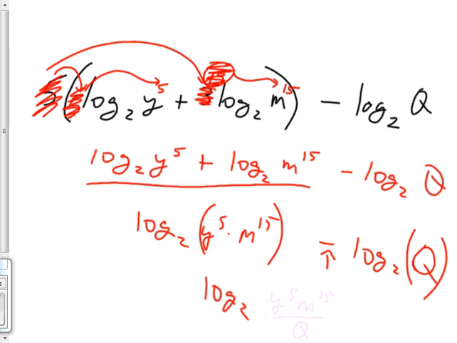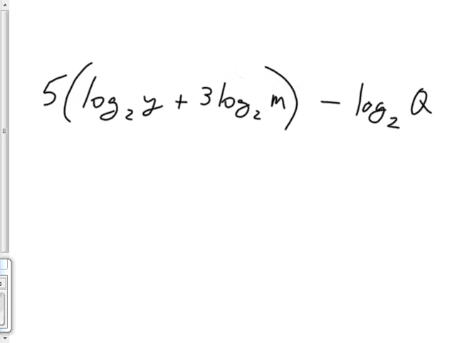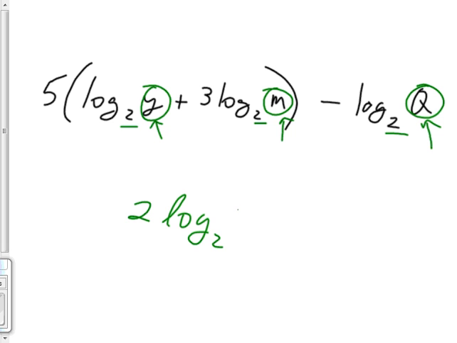So again, the original problem looked like this. This would have been a great answer for an expand problem, because this one is expanded all the way. I look at my arguments and I say, oh, that can't be expanded anymore, that can't be expanded anymore. And if this doesn't match this in any way, see the 2 doesn't match an m and 2 doesn't match a q, then I probably don't need to do any more simplifying. Again, you wouldn't want to leave something like 2 log base 2 of 2, because this part's equal to 1, and 2 times 1 would be 2. So if you can simplify by making these guys the same, you do want to simplify that down. So watch for that. All right, that's all the advice I have for you on our final day of review